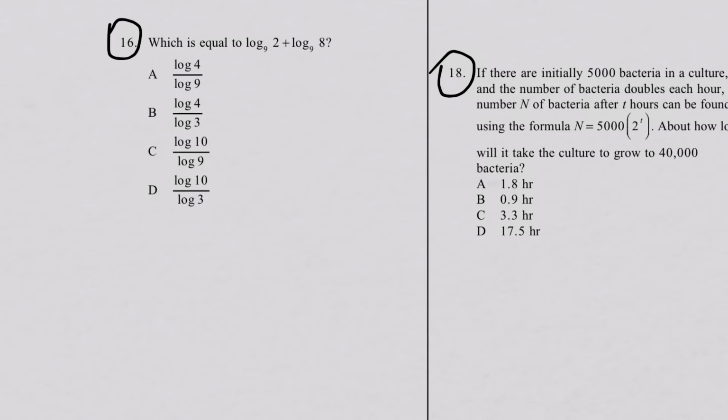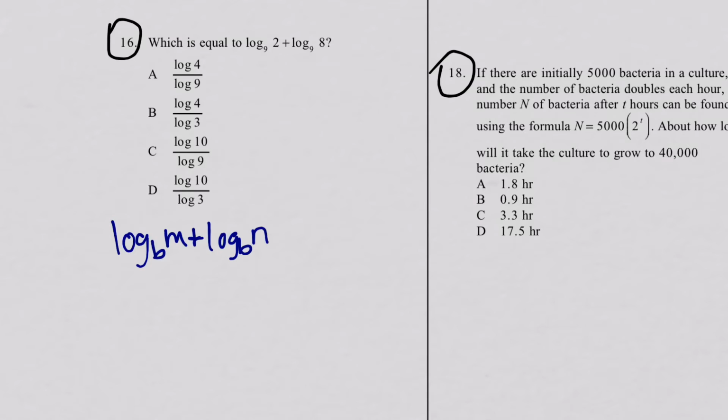Alright, let's keep going. We're on a roll here. I'm skipping all the way to number 16. So here we go. Which of these is equal to log base 9 of 2 plus log base 9 of 8? So what I'm going to do is put them together using this property right here that I'm about to write down. There's a property that says that if I have two logarithms with the same base, and I'm trying to add them,